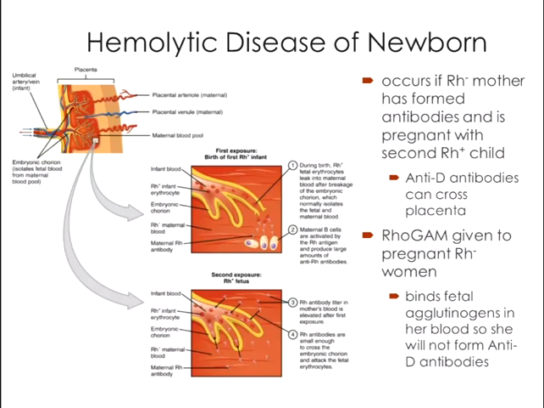So this is only a problem for moms who are Rh negative and babies who are Rh positive, but you won't know that the baby is Rh positive unless you do a blood type or after they're born. If dad's Rh negative, that doesn't matter. If the baby is Rh negative and mom is Rh positive, again, not a problem. It's only a problem when mom is Rh negative. Okay? So that actually